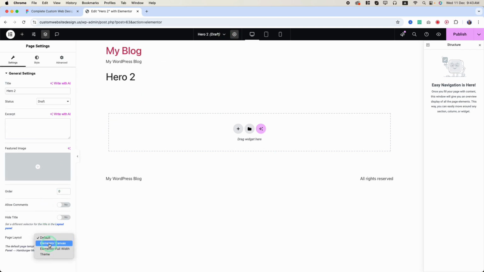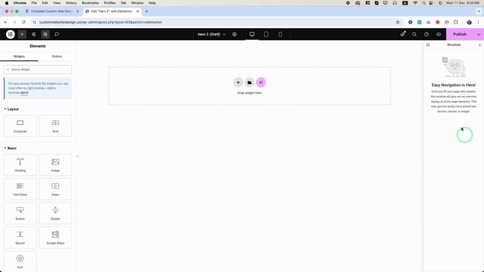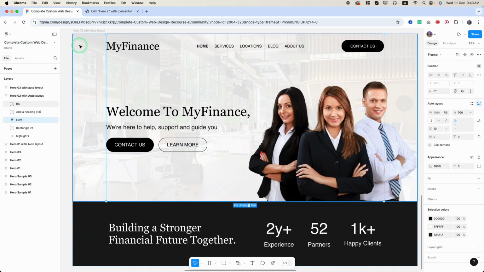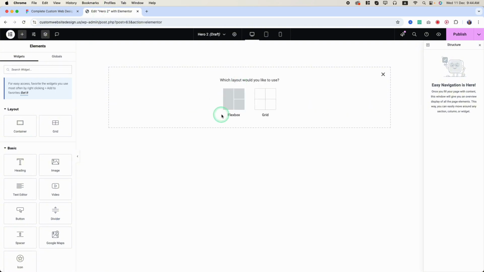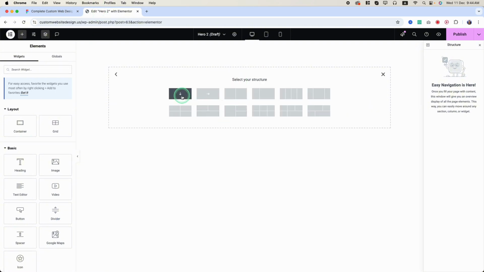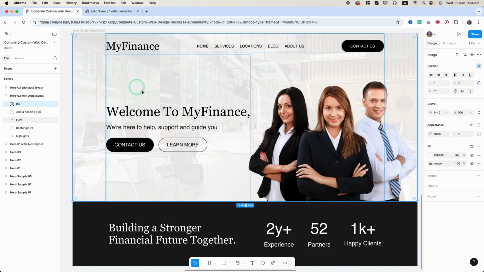to Elementor canvas. Okay, now we have a clean canvas, and from here first we have to create this background. To create this background we have to add the container. So click here and click flex box and click this container. Then let's see the width. The width is